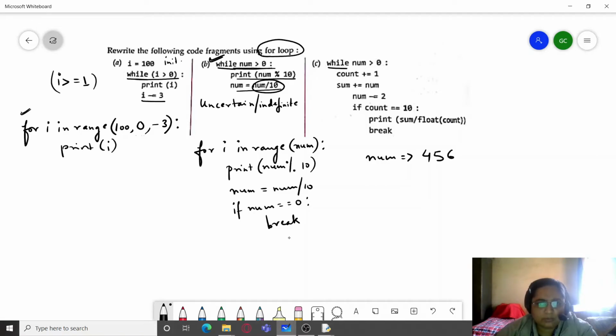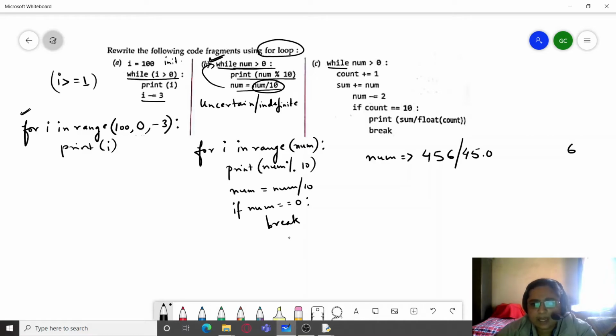So while num is greater than 0, print num mod 10. Here it will give us 6, and num equals num divided by 10, so num becomes 45.0. Next time it will again check: is 45 greater than 0?